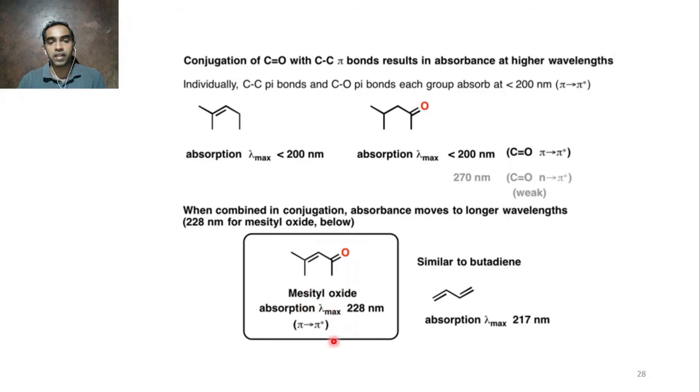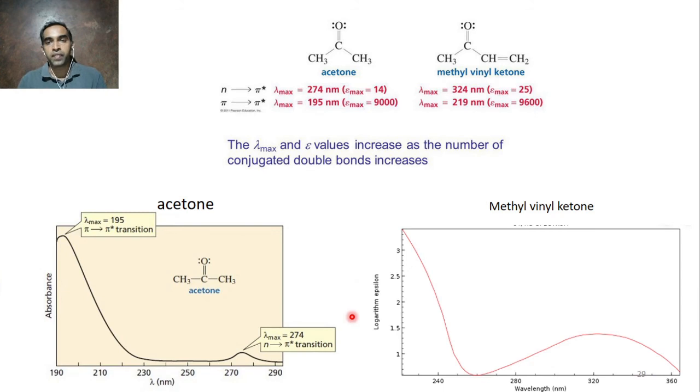So now when you combine this, there is a pi to pi star transition which is possible. So that is getting shifted. Okay, you can see 228 nanometer. Here it was coming at 200 nanometer, and now pi to pi star is shifted to 228 nanometer. So a very good example which has been asked in the examination several times, acetone and methyl vinyl ketone. Okay, mostly in the board examination, in earlier question papers I have seen. This question was there in the University of Mysore board examination.